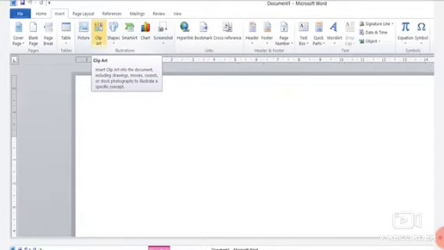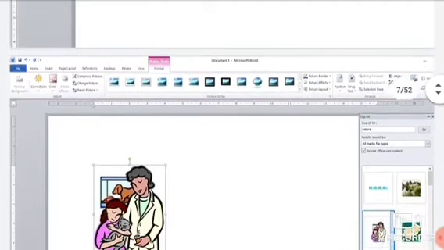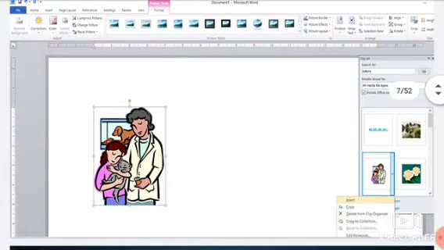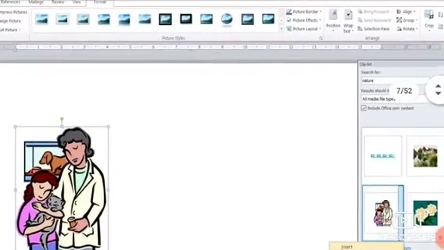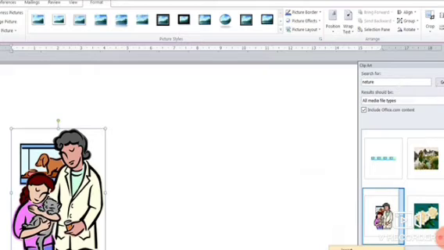For this, first select the Insert tab, click on the Illustration group, and in this group you will get the clip art option. As you click on this clip art option, at the right side of the screen you will get a clip art task pane. In this, one box is given, Search for. Write the category of the picture which you want to search from the clip art gallery and the pictures will display down.